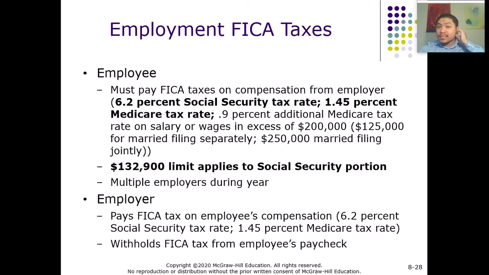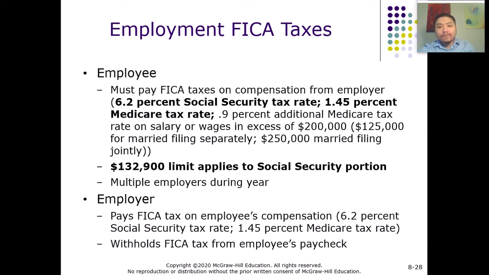And the second type of tax, well, not additional, because everyone has to pay this tax, right? We talked about this in previous chapters: FICA taxes. FICA taxes include two major components, right? We have Social Security tax and Medicare tax. For Social Security tax, everyone has to pay a flat rate of 6.2%, and for Medicare tax, the tax rate is 1.45%.